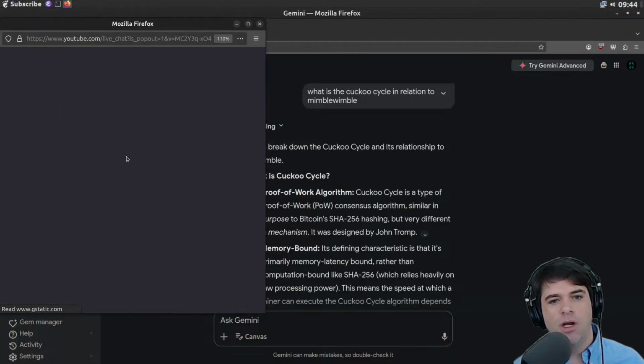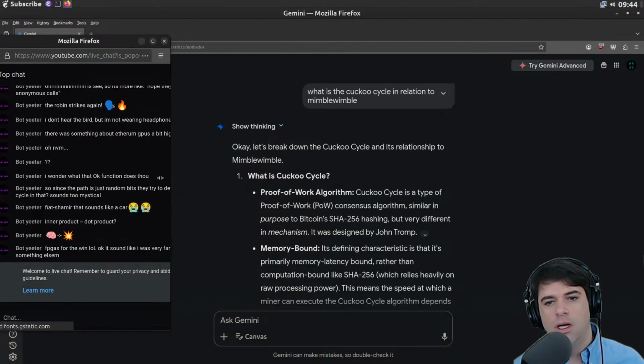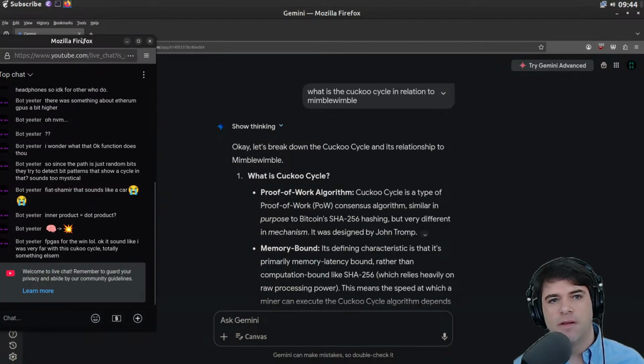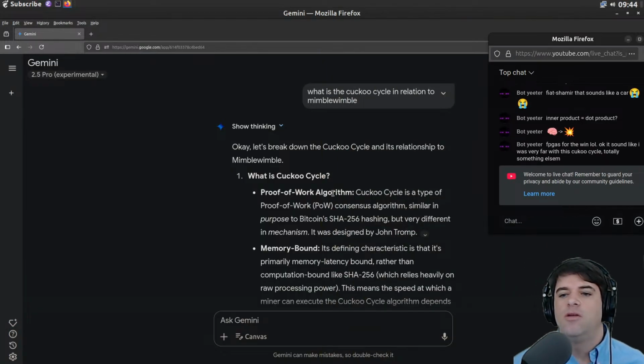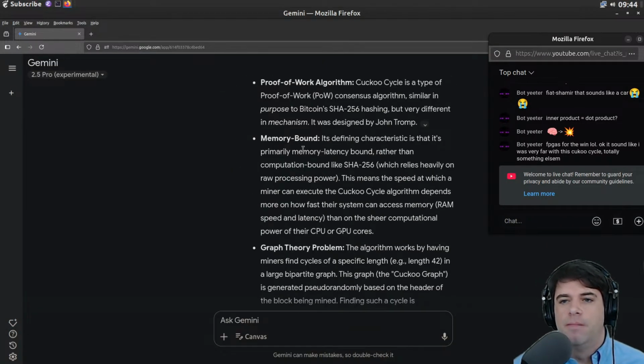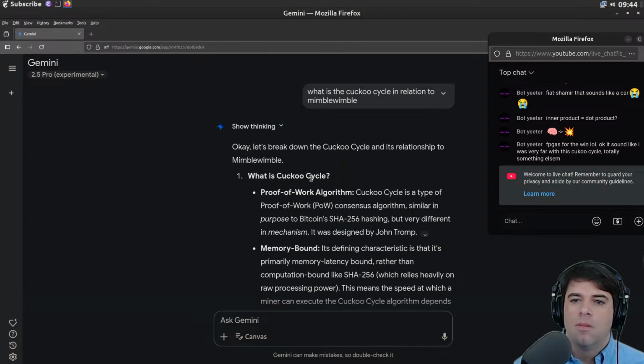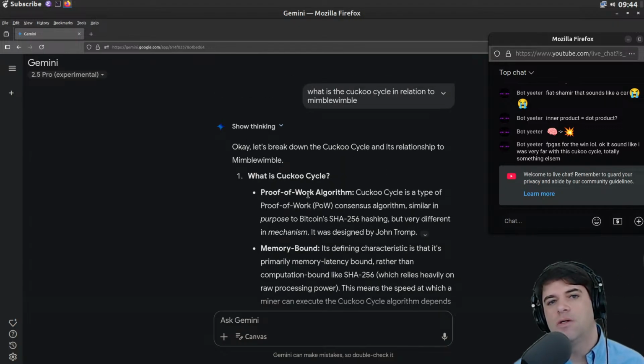My first thought was, why don't you just use a graph-based proof of work algorithm? In theory, you can use any hard enough problem, and cycle counting, I guess, works.